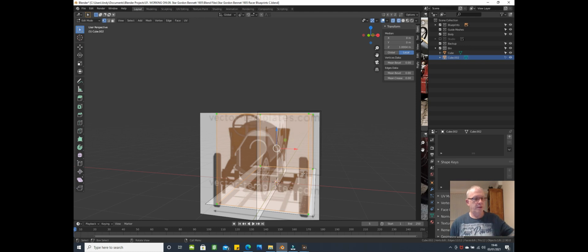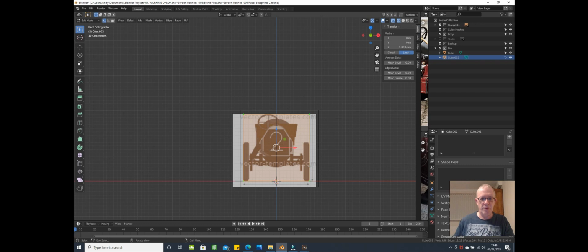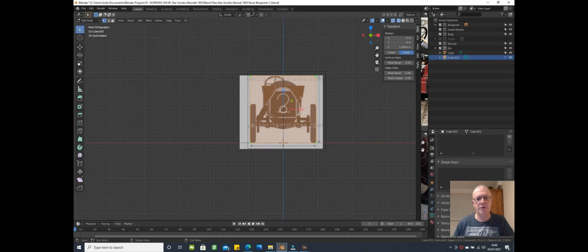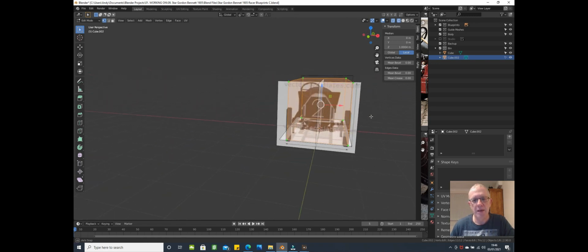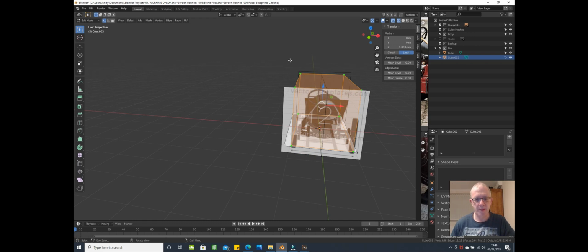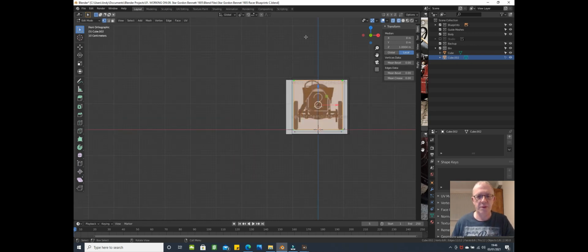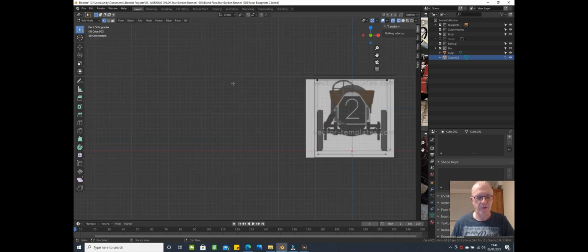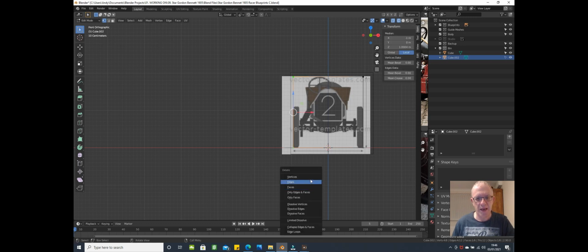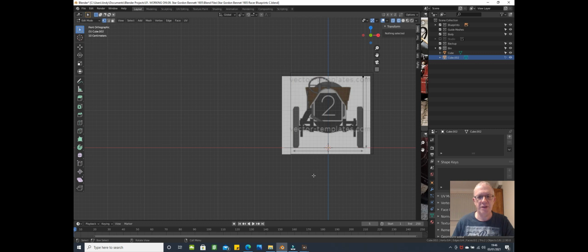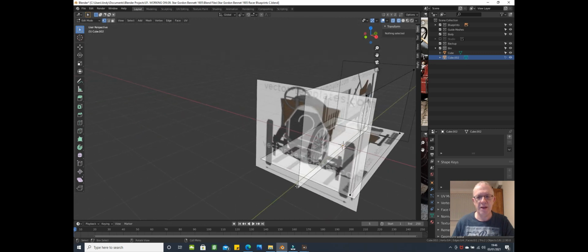Okay, so with that in mind, go to the front view. What we want to do is model one side of the car. So one side of the car, half of the front and half of the back, and then we mirror the other half. So if we go into the front view, the first thing we do is press B, so it's range select, click those vertices, press X and delete vertices. Okay, so that leaves us